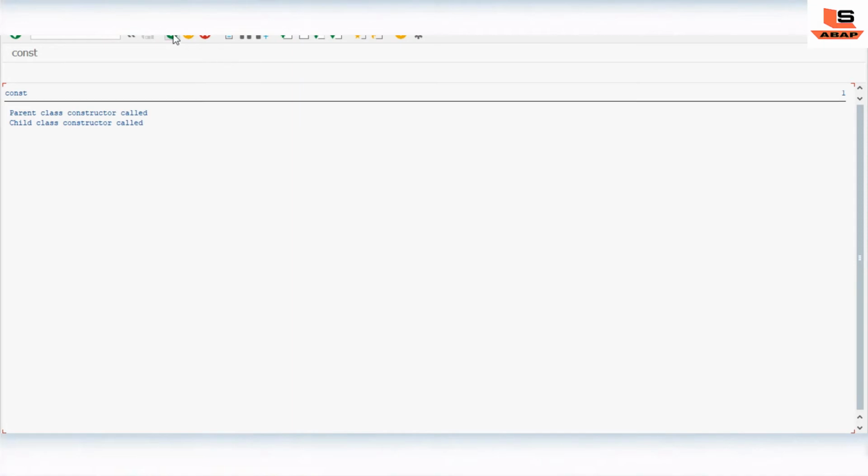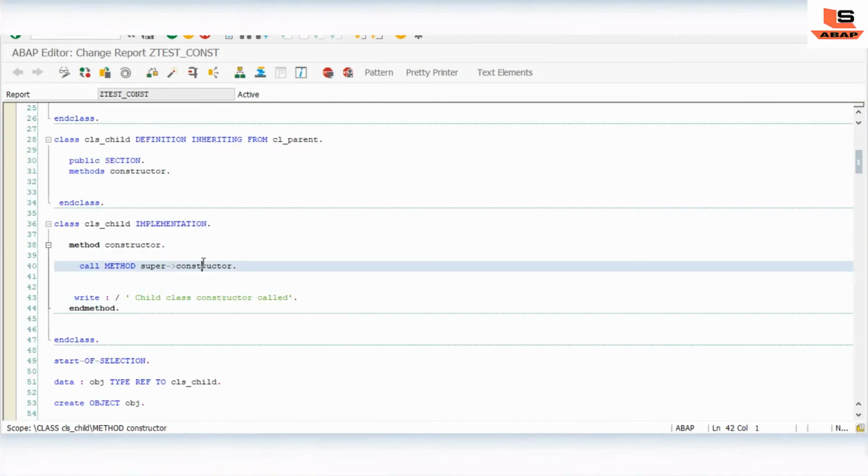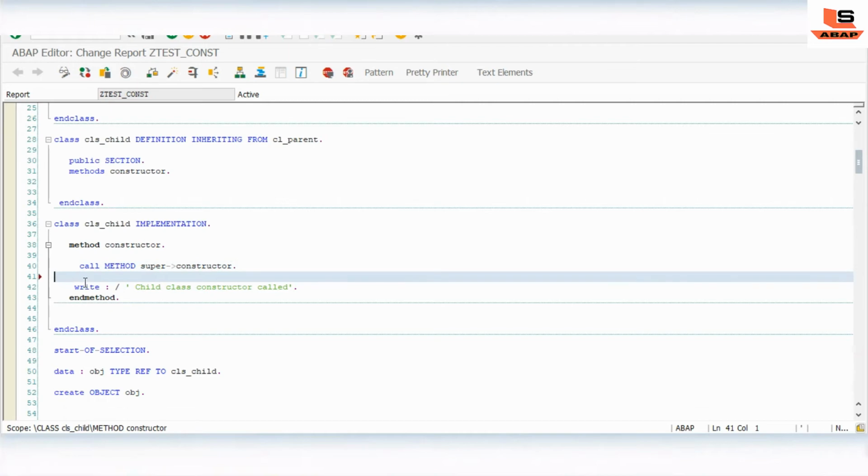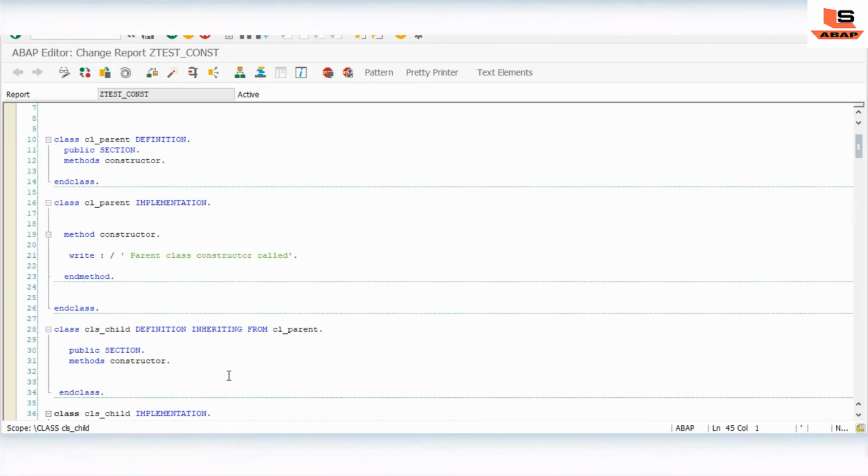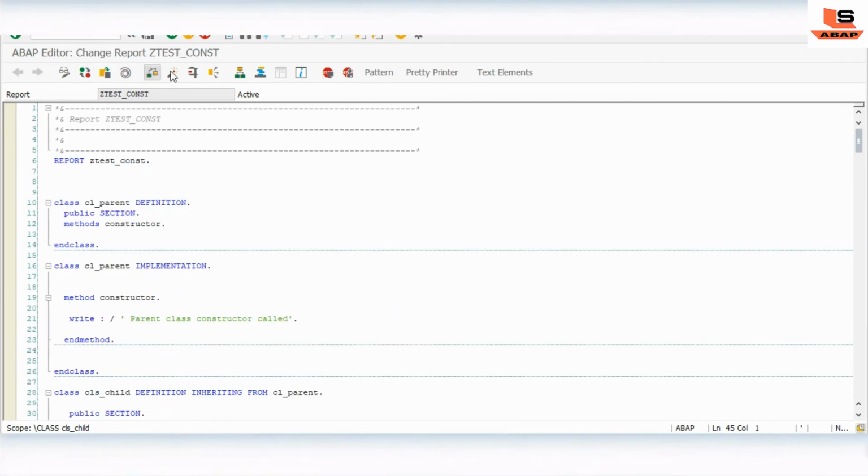I hope it's clear so far. Now moving to the next, let's suppose we have a class method also, a static constructor also. How to define a static constructor, we have already seen in a different video. If you didn't watch that video, you may find the link in the description, so you'll get the idea of how we define the static constructor.